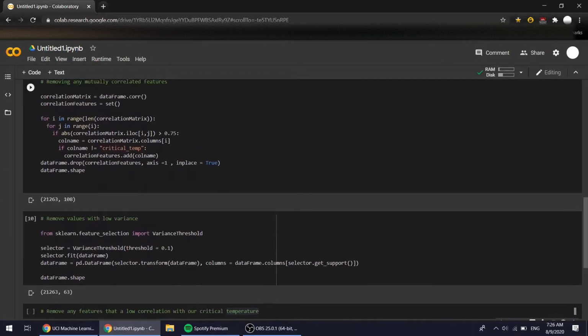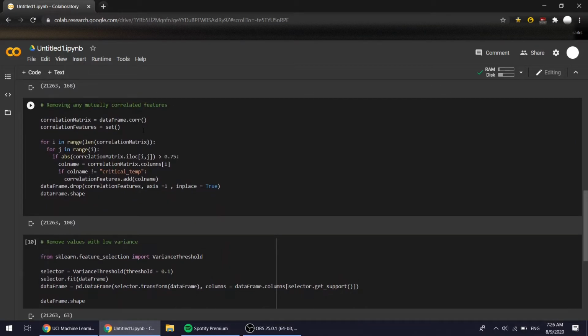So I then declared a set and named it correlated features. I will use this to store the names of all the correlated features that I have. What I did here was write a nested loop that goes through all the columns in the correlation matrix and adds columns that are not the critical temperature and have an absolute correlation value above 0.75 to the correlated features set, which I will then use to remove from the data set. As you can see, running it shaved off about